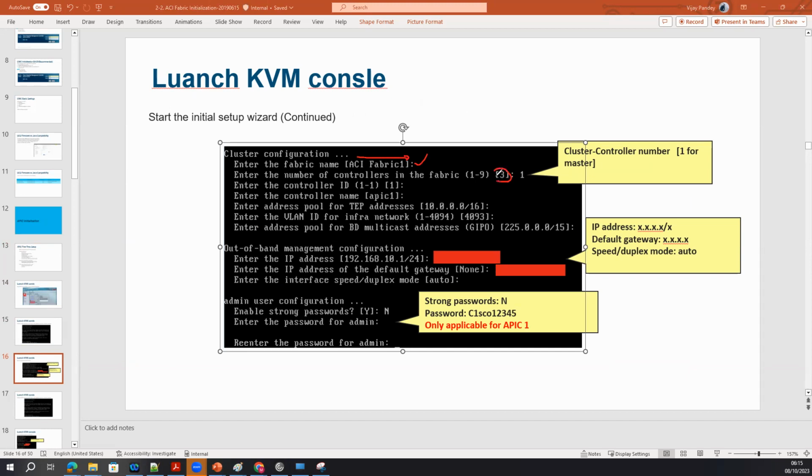By default it is 3 APICs. You define how many nodes you have, what the name is, what the VLAN is, and this is the default VLAN ID for the infra VLAN. Once you're done with this, APIC will start the discovery. If this configuration is not done, APIC won't even start the discovery.